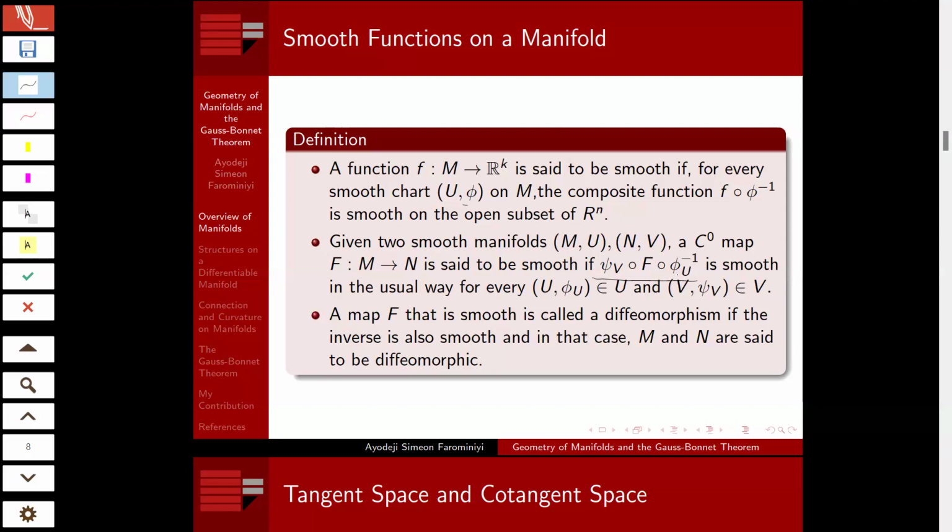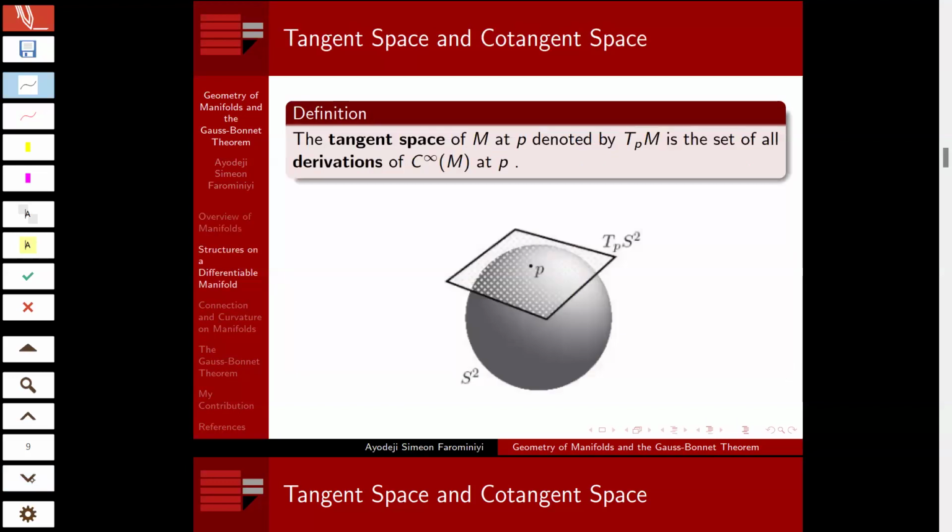Now, we look at some structures on a differentiable manifold. And first of such that we are going to talk about is the tangent space. So the concept of tangent space to a manifold at a point helps us to understand linear approximations on differentiable manifolds. So the tangent space of M at a point P, which is usually denoted by TPM, is a set